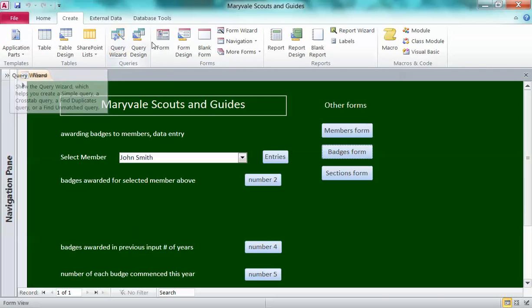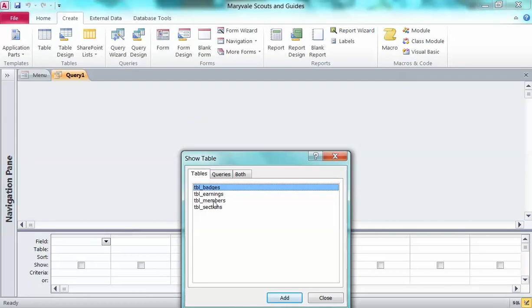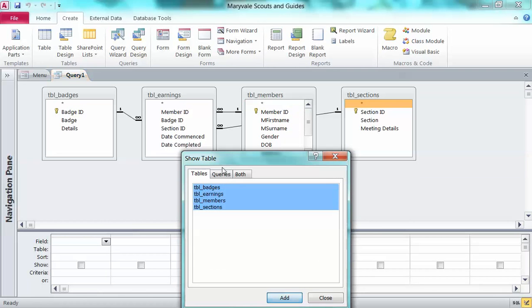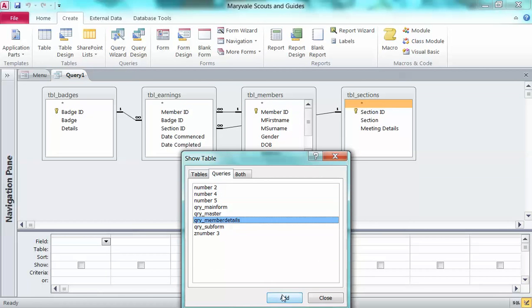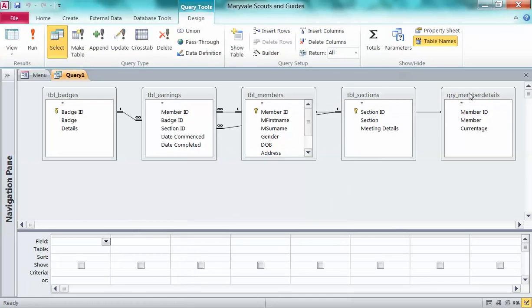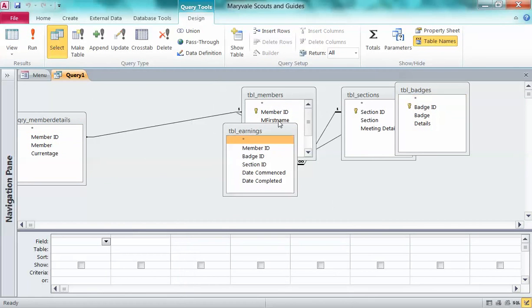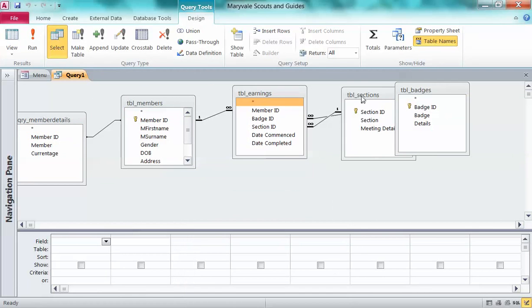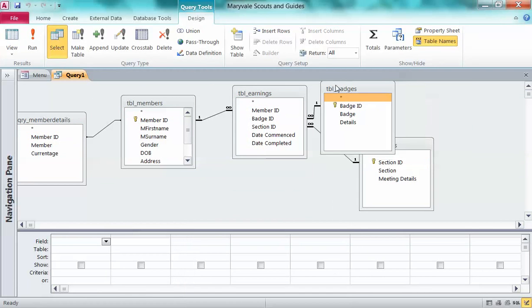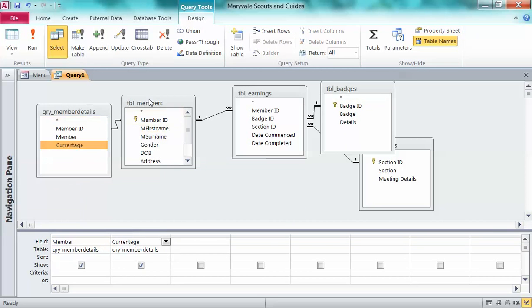To make this query, I click on Query Design in Design View, and I add the four tables, and I also add a query that I made earlier called Members Details. It is sensible to put the tables in order, and I then will show the member's full name with the member field and the current age of the member from the member details query, and I'm then going to calculate